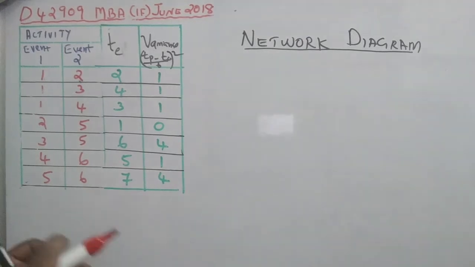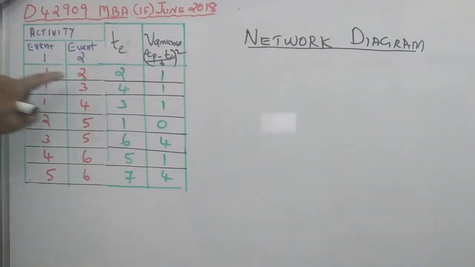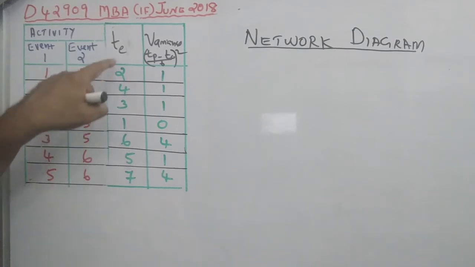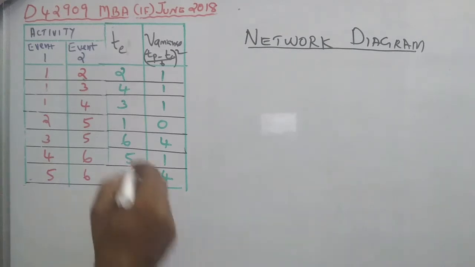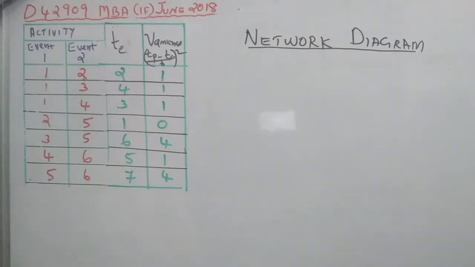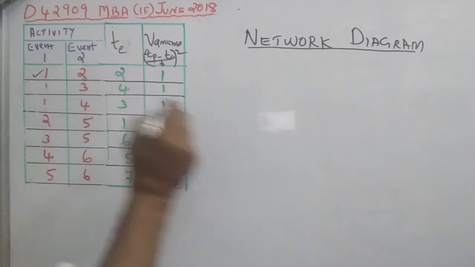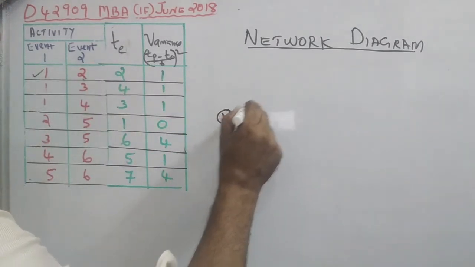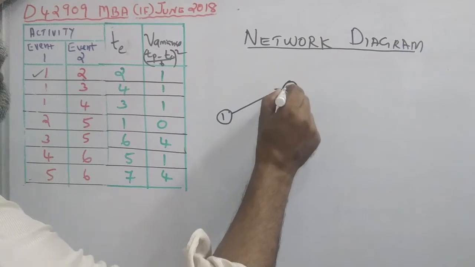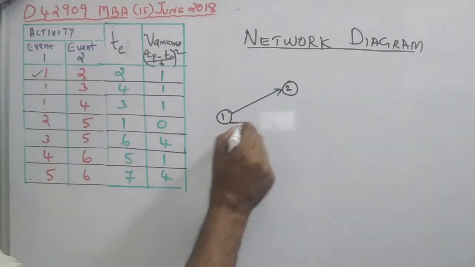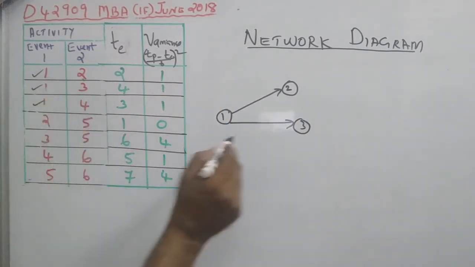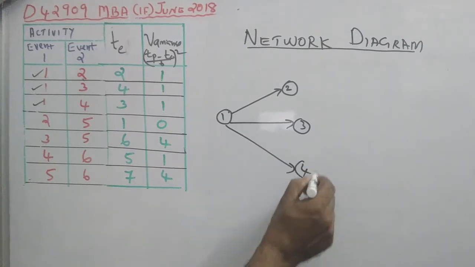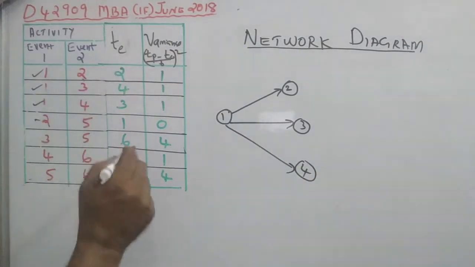Now the information is edited: event 1, event 2, activity 1 to 2, expected time and variance. Using this data, we are preparing to draw the network diagram. In the network diagram, we draw the first activity 1 to 2, node, arrow for activity 1 to 2, 1 to 3, 1 to 4, then 2 to 5 and 3 to 5,